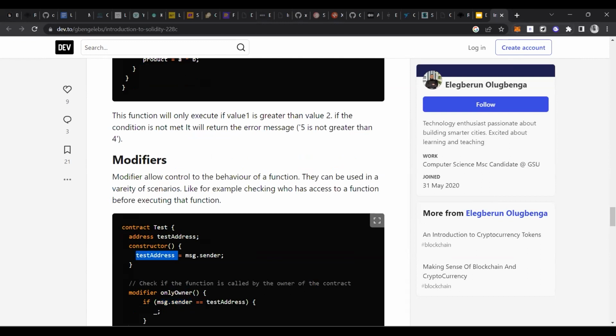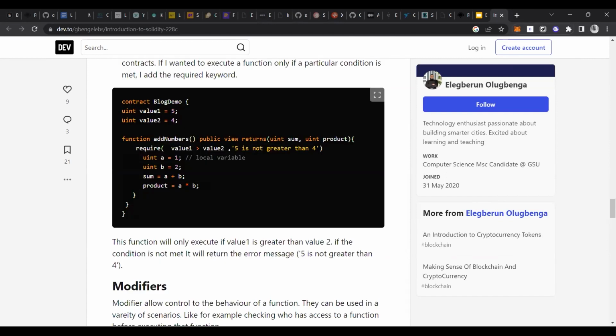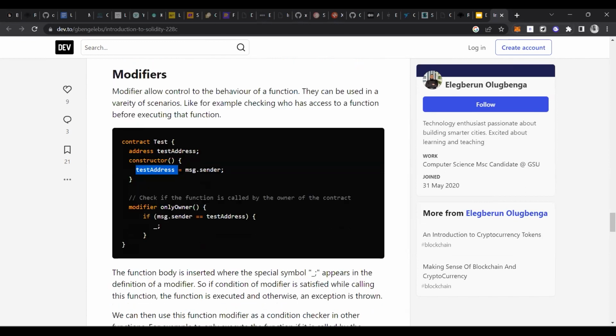If it is right, then the add number function will be called. If it is not, then the transaction will fail due to the ownership issue. And you will also see this error in MetaMask.